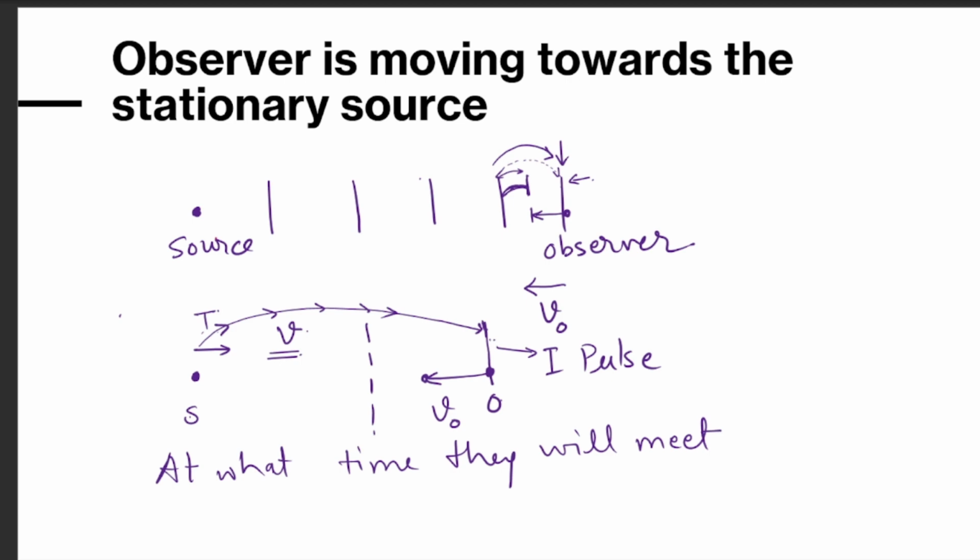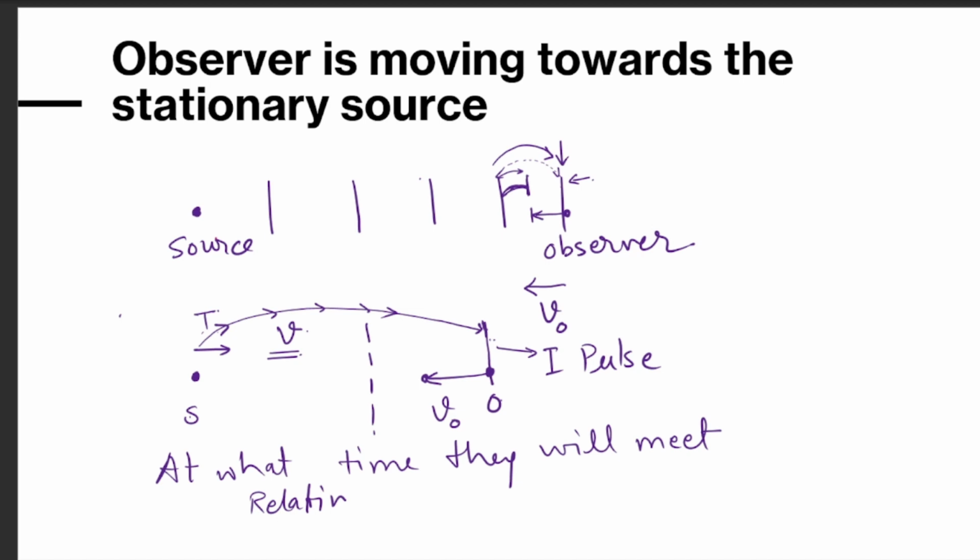And that will depend on the relative velocity between the sound emitted by the source and the observer, right? So speed of sound is v, so I can write the